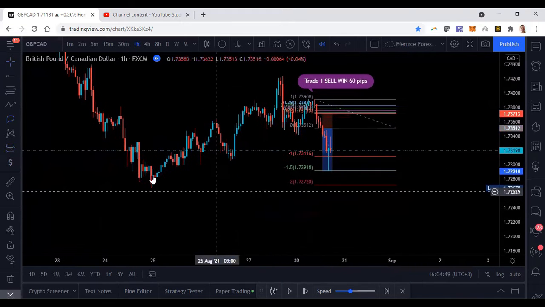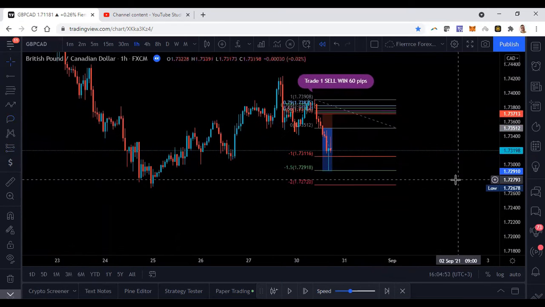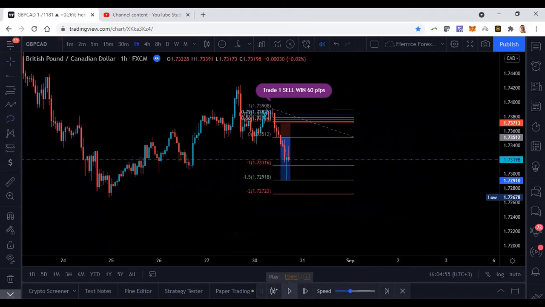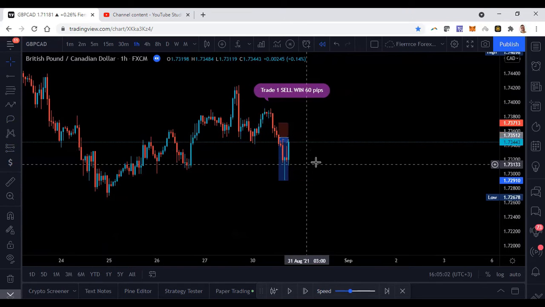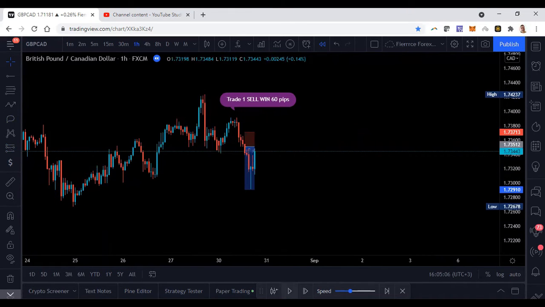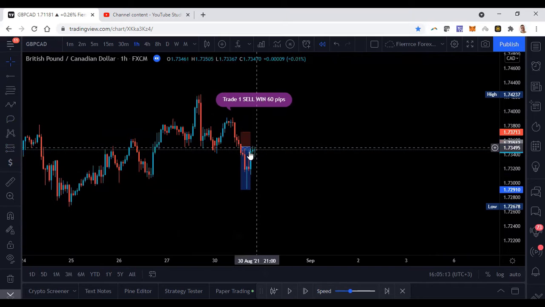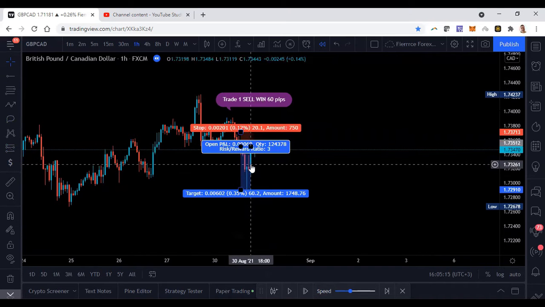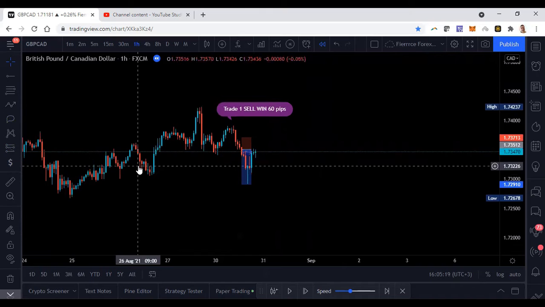Let me see. So this is during, okay. I'm just going to wait. Okay, so I'm going to look for another entry. This was actually in the New York session. So that's day number 1. Looking at this now,